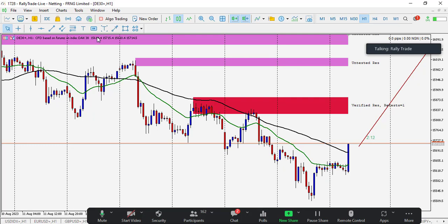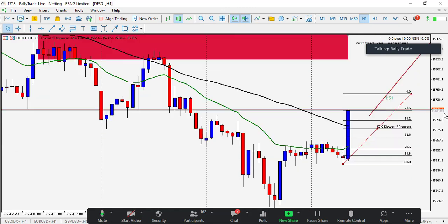Now, for the aggressive guys, you can enter a buy straight once this candlestick closes, right? Or for the conservative guys, you may want to wait for a 50% retracement back into the candlestick, right? Now, I would advise that one. I would advise once the candlestick closes, you wait for a 50% retracement back to just below our 50% discounted price there. So somewhere here, I would like to do a buy from here. Now that's for conservative trading, guys.